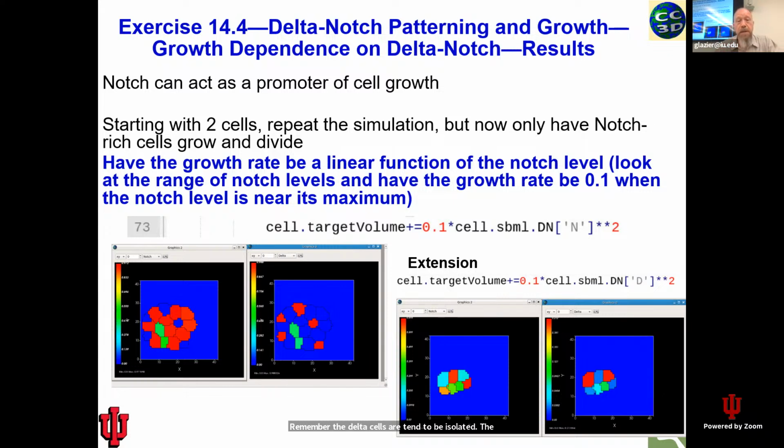The pattern, maybe Emma, you could try switching, instead of having the growth rate proportional to notch, make it just change one line to make it proportional to delta and see whether the pattern changes. Again, you'll find that all of these things do occur in different biological settings. So I think what's interesting to me about delta notch